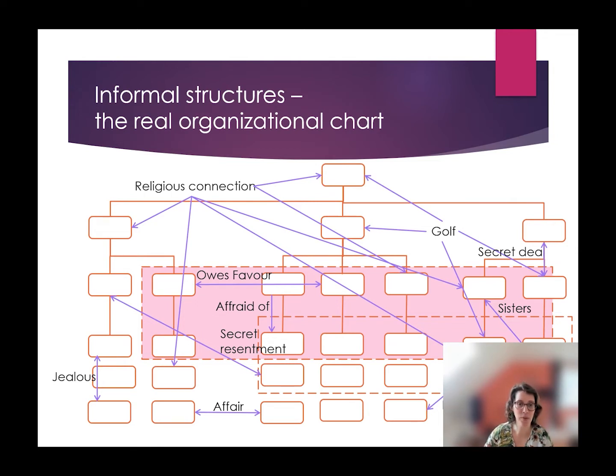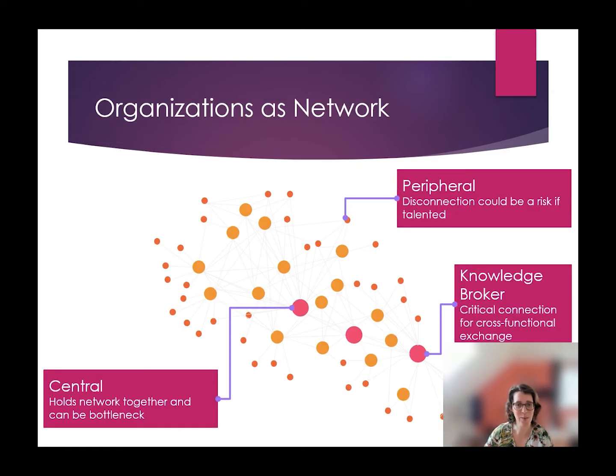And at the end, what you could do is to use these kinds of connections and to see even a classical hierarchical organization as a network of groups. So this is how it could look. And it's also true that one organization is not only one network, but actually it could be multiple ones. So depending on the viewpoint where you are standing and what kind of project, topic, or overarching strategy you want to make transparent, your network can look totally different.